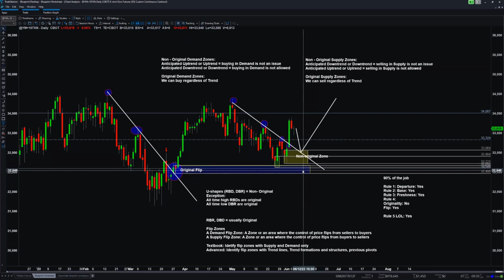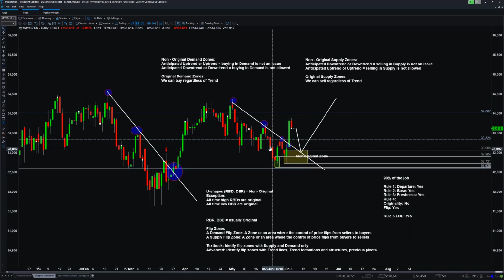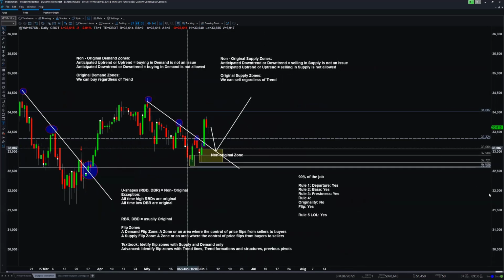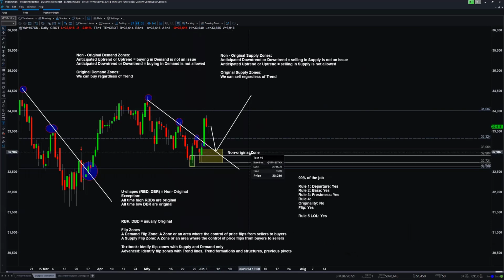We wouldn't argue for price to go all the way down here, right? Because then price would make a new low. That wouldn't make sense. We're arguing for the bell curve to continue. However, we may want full coverage in this trade. So I'm going to remove this one just so it's a little bit clearer. And what I'm going to do with the level on top of level now, I could say, well, my entry now